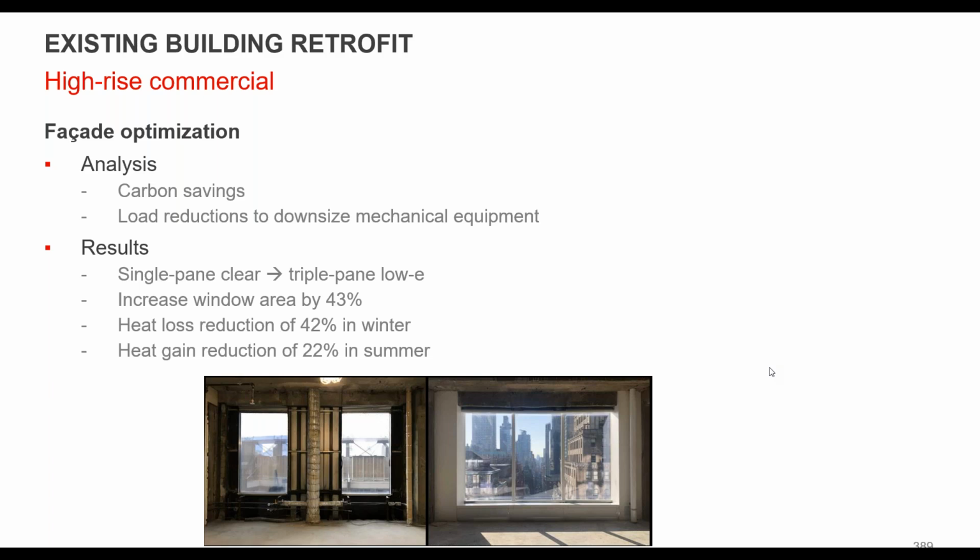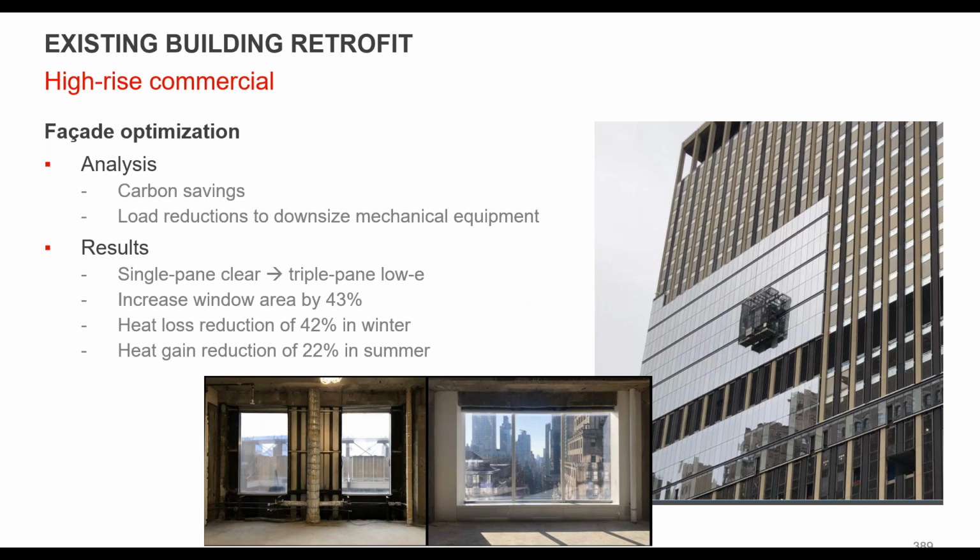So in this case, the ultimate result was a triple pane, low E system. They had started with double, but the model proved out again that there was such substantial reduction in heat gains, heat losses, so total loads, as well as operational energy from this, that they were able to justify the move to triple. So even by increasing the area by 43%, we still see massive reductions in heat loss and heat gain, just because of the performance of the framing system and the glass itself. So also interesting, they did this from the outside in terms of building it. They would tear out the inside and then reclad over the outside.